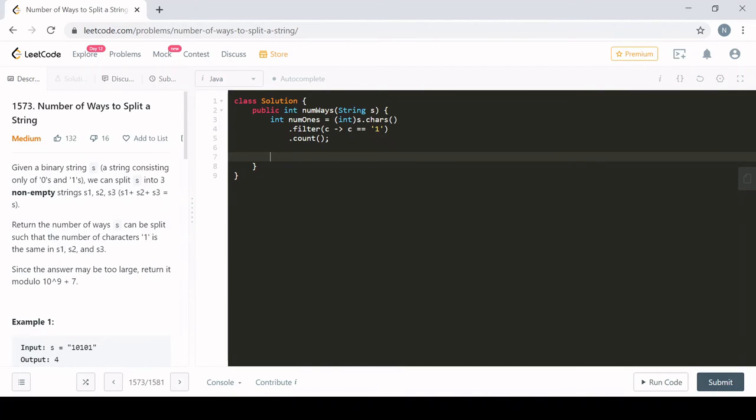So let's handle an easy case. Let's handle if there's not a factor of 3 number of 1s. So if the number of 1s is not a factor of 3, well, then there's no solution, so I can return 0. That was pretty easy. Let's handle the other case. That's pretty easy if there's no 1s in there. So if the number of 1s is 0,